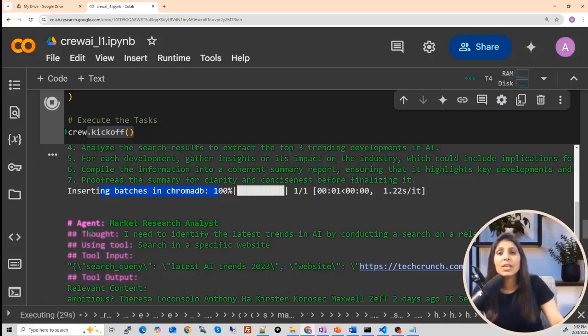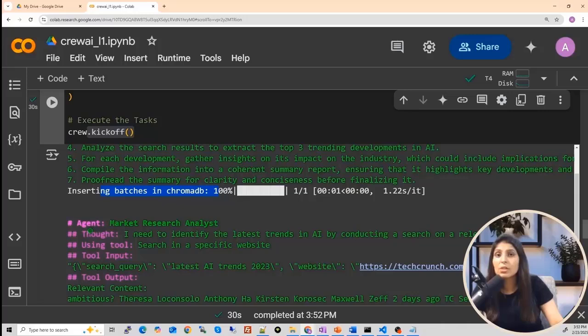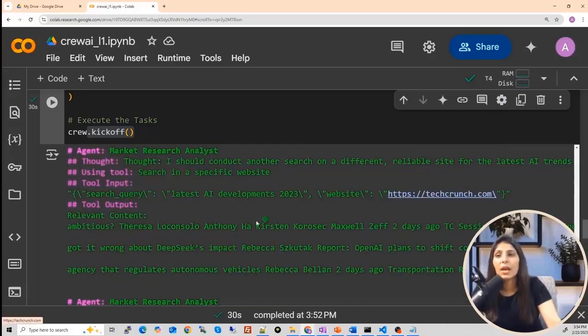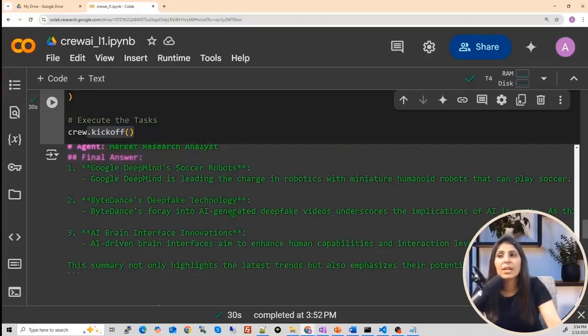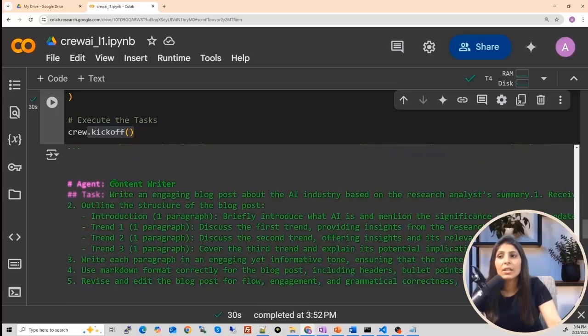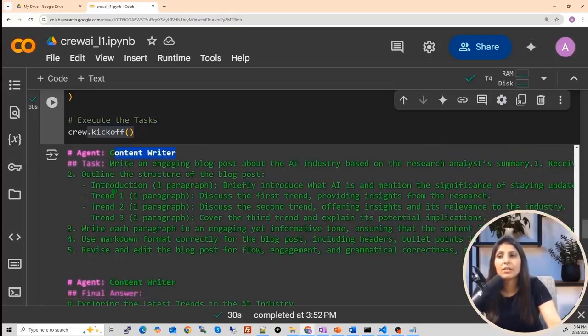See, guys, we asked it to find the latest AI trends. So there are various different websites which have data related to that. So one by one, it is seeing those websites and it is storing the data in a ChromaDB, and finally it will combine all the results. It is searching this website and then it is getting the answer from there. Like this, it will search different websites, and then finally the content writer agent will write the response, write the blog.